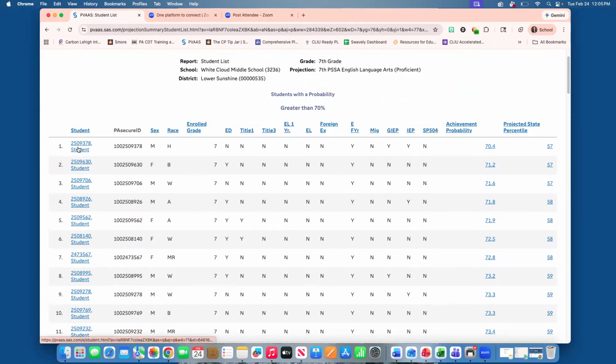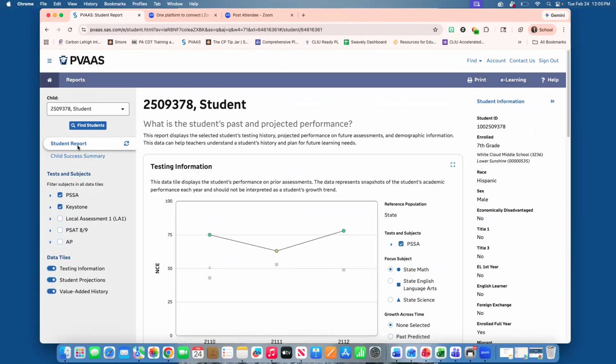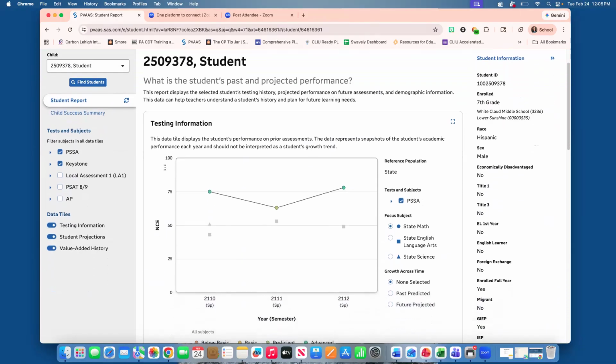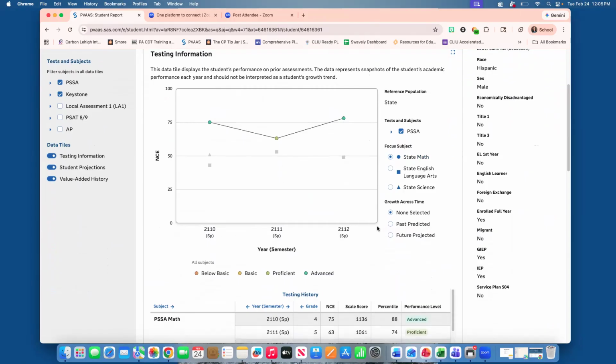If you click on this student, it will take you to their individual student report, like I showed you earlier. And this is really great if you want to drill down on one particular student. What you'll see here is you can click which test and focus subject you want to look at. So right now I'm looking at their math assessment. It'll show you the different years at the bottom. But if you click on future projected here,